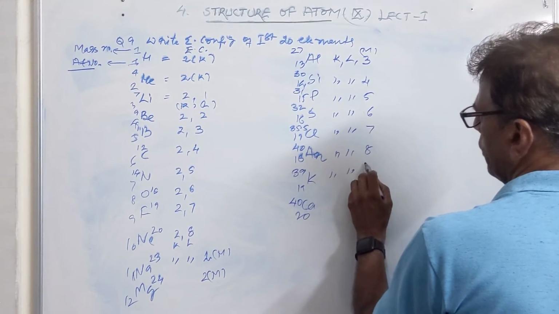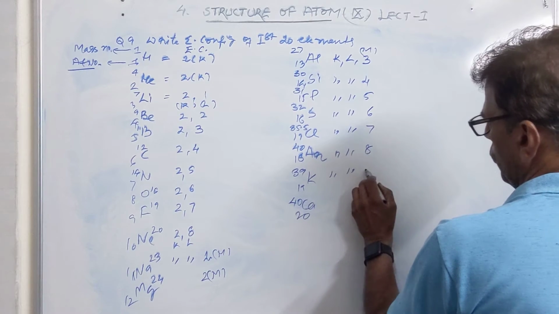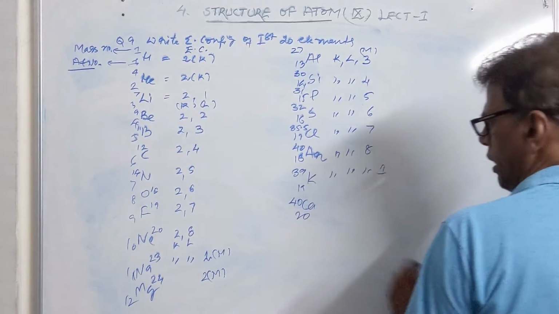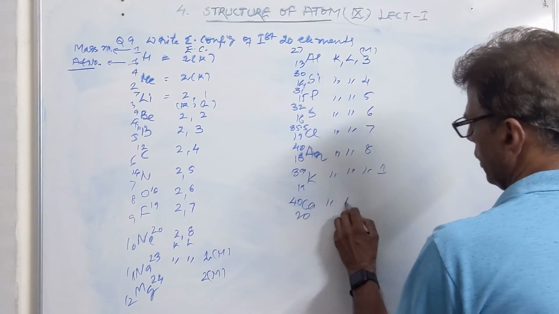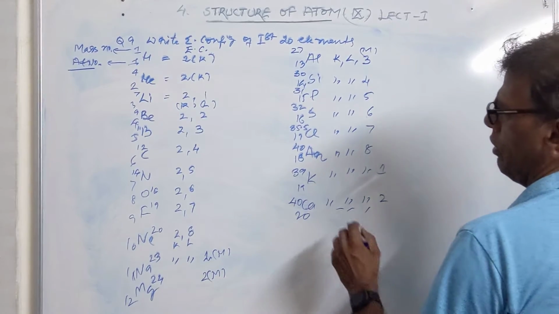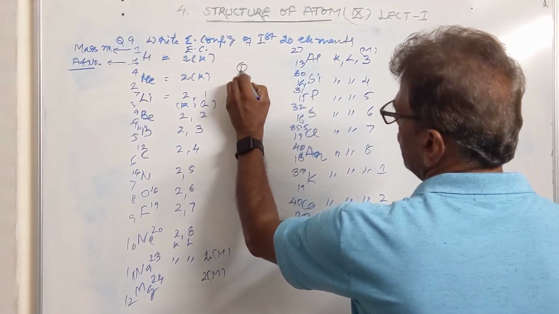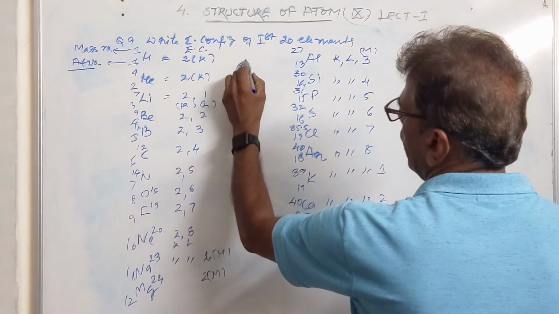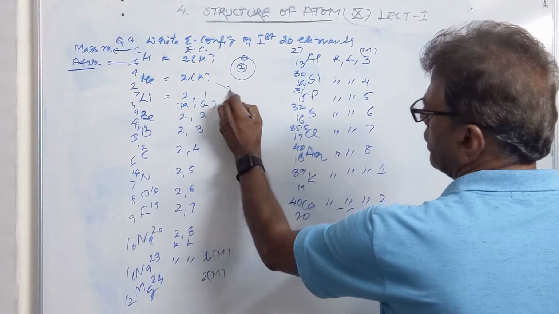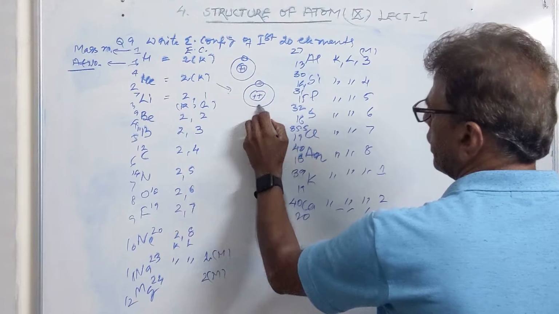Here we are having the complete 19 electrons, so we will be completing the M cell also, and 1 electron in the L cell. Here we are having the same configuration, 2 electrons in the M cell. So this is the configuration. If you want to draw their structures, this is the nucleus having 1 proton here, and this is the outer cell having 1 electron here. Similarly, in case of helium, the nucleus has 2 protons and it has 2 electrons here.